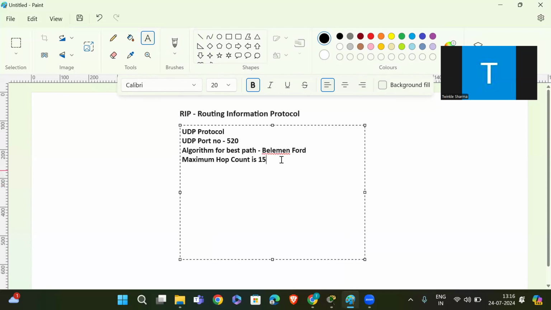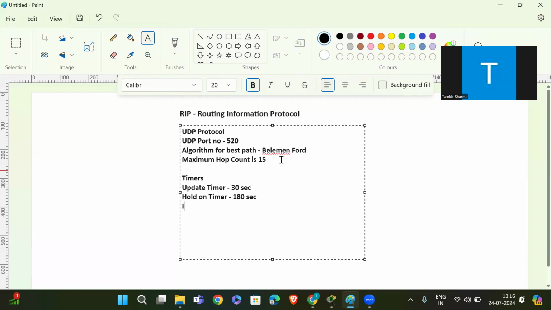Then we have timers. Our first timer is the update timer, which is of 30 seconds. Then we have the hold down timer, which is of 180 seconds.